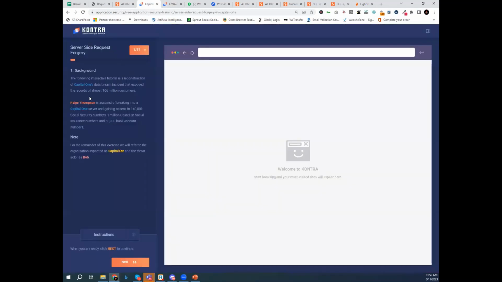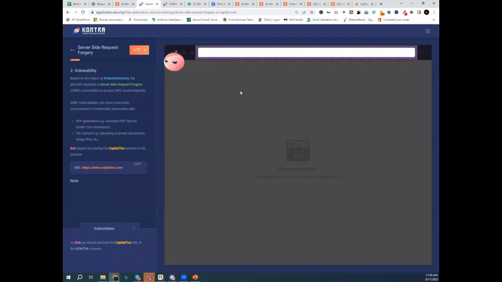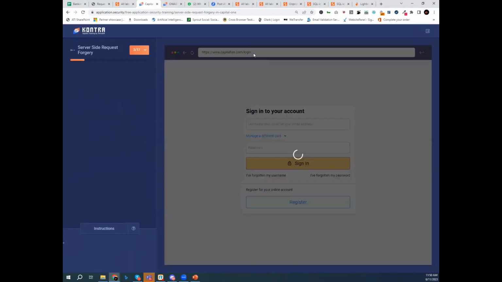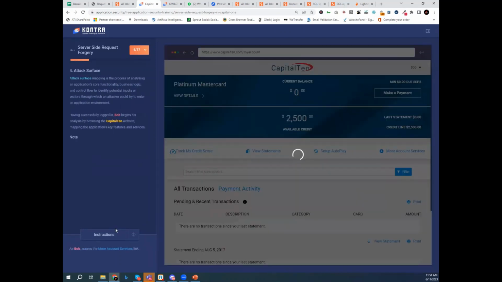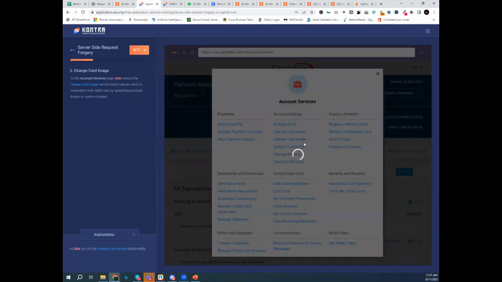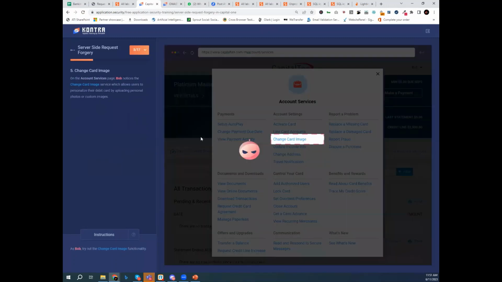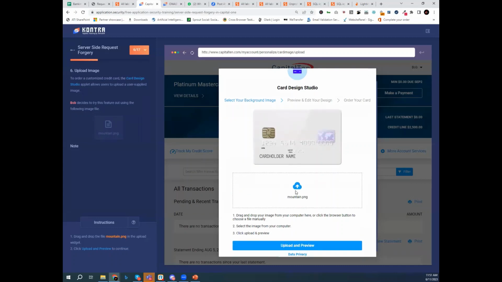This is related to Capital One. When I go to this site, it shows me the URL. I have just pasted the URL over here. You can see that it has created a copy of the Capital One site. I just copied the username over here and the password over here. I click on sign in, and I click on more account services. In more account services, I have a change card image option available. This is what was actually happening to Capital One. When I drag and drop my image over here,